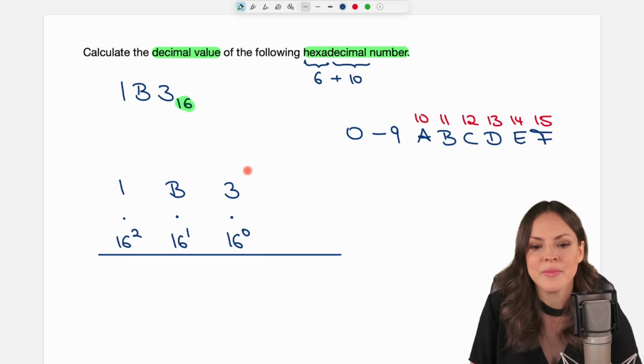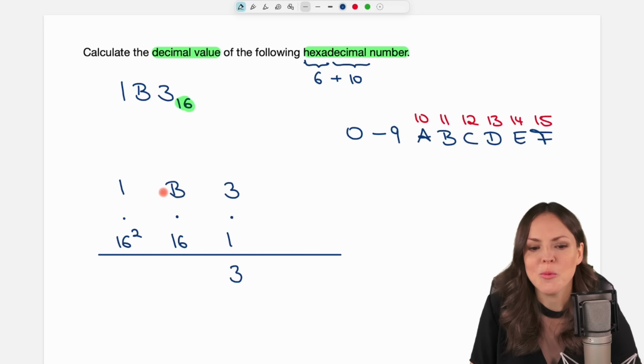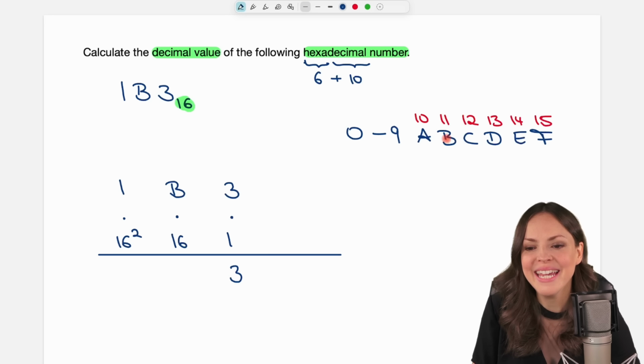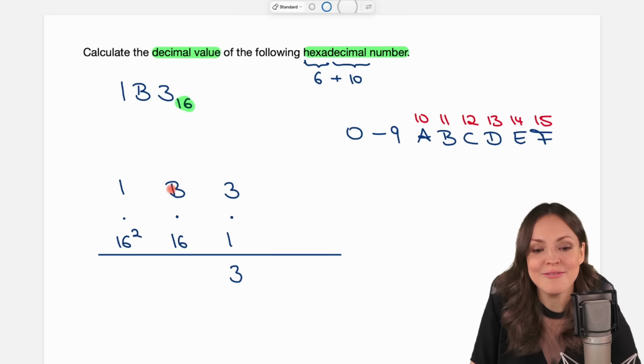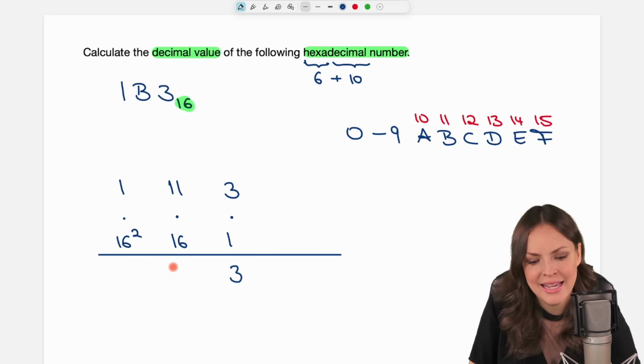Okay, let's multiply. 3 times 16 to the power of 0. Something to the power of 0 is always equal to 1. So I have 3 times 1 here, which equals 3. Then B times 16 to the power of 1. To the power of 1, I don't have to write that down at all, so it is just 16. But what is my B? Well, we did some work already. We know that B is 11. So instead of my B, I'm going to write down 11 so that I can do the calculation now. 11 times 16 equals